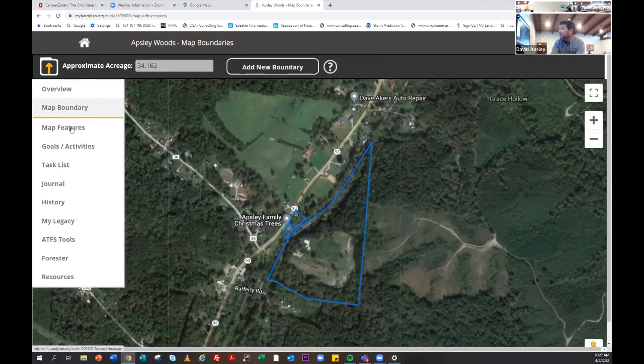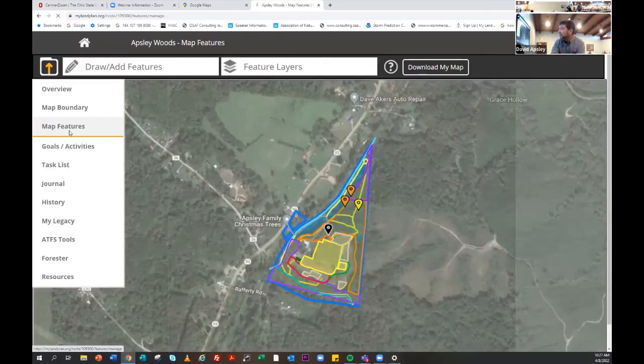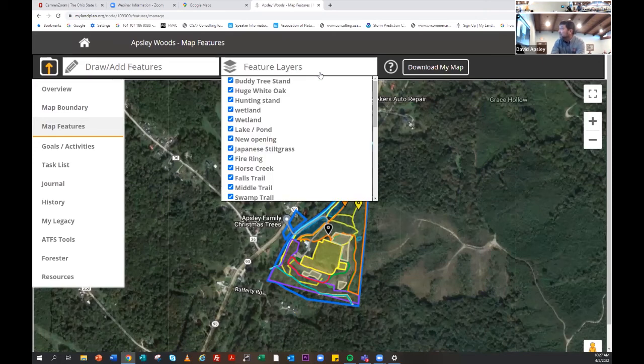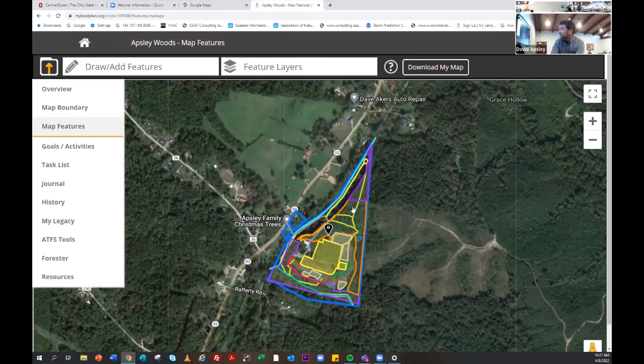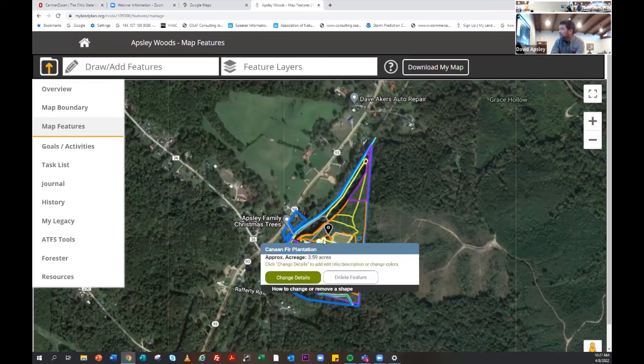There's the map boundary. There's all the map features. I can turn them on and off with these clicks, and they start disappearing. And if you click on one of those features, it actually tells you how many acres and the info is in. So it takes some getting used to, but you can create some really cool maps